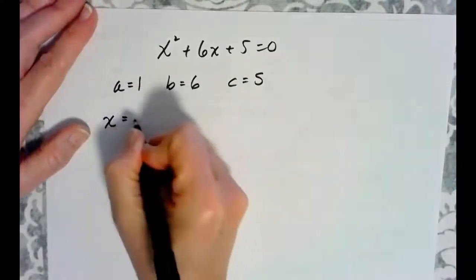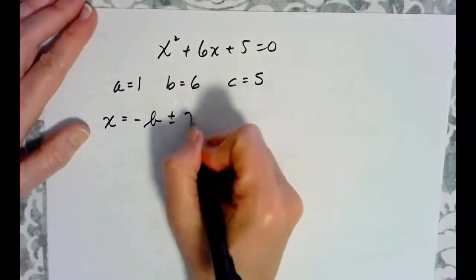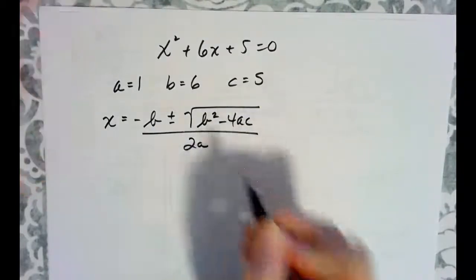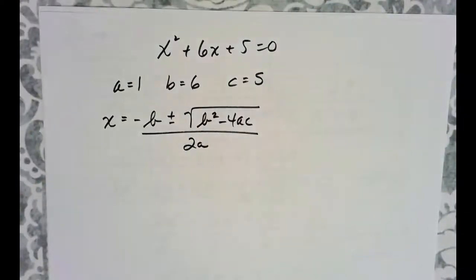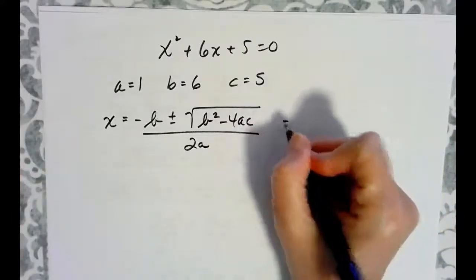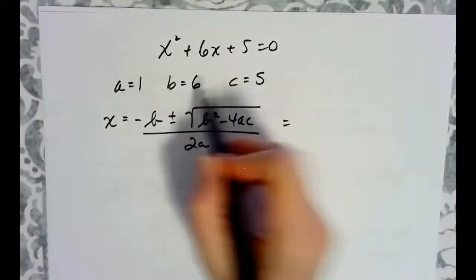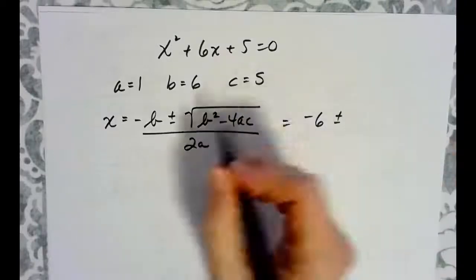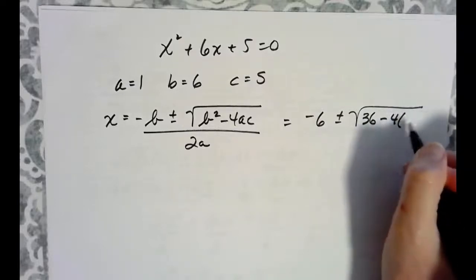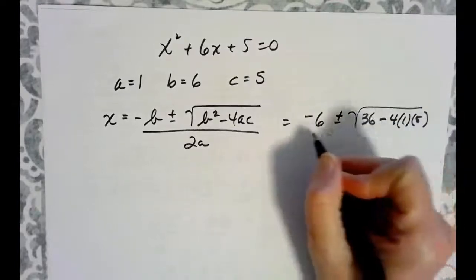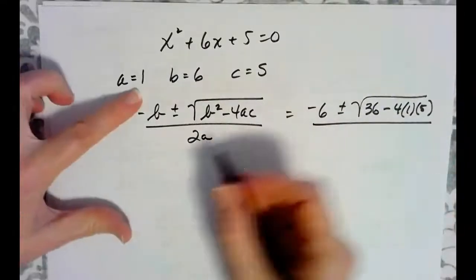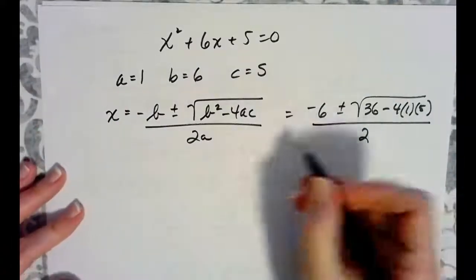So x equals the opposite of b plus or minus the square root of b squared minus 4ac all over 2a. If you will write the formula every time you use it, you'll know it after about the 5th problem. Let's plug in. The opposite of b is negative 6. b squared is 36 minus 4 times a times c all over 2 times a, 2 times 1 is 2. Underneath the radical,